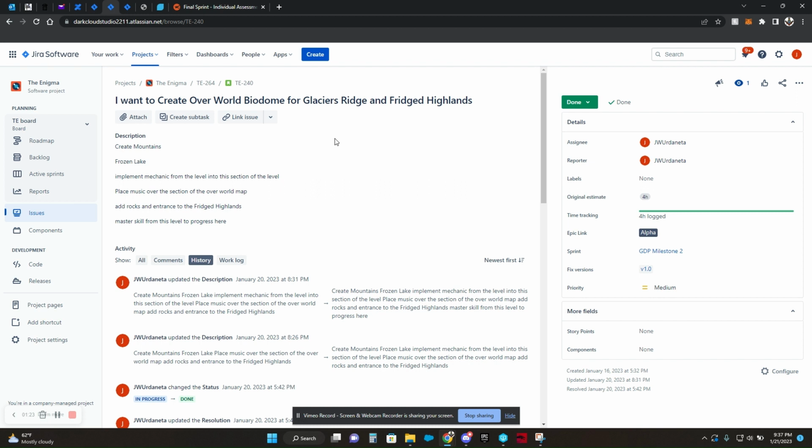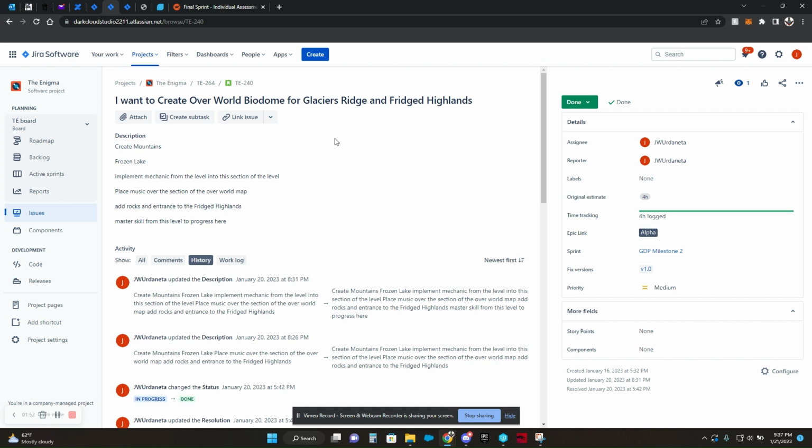I was creating the mountains and a lake to implement the mechanics from the levels into the overworld, to where the player can learn in one level, take it to the overworld to learn more, and take it